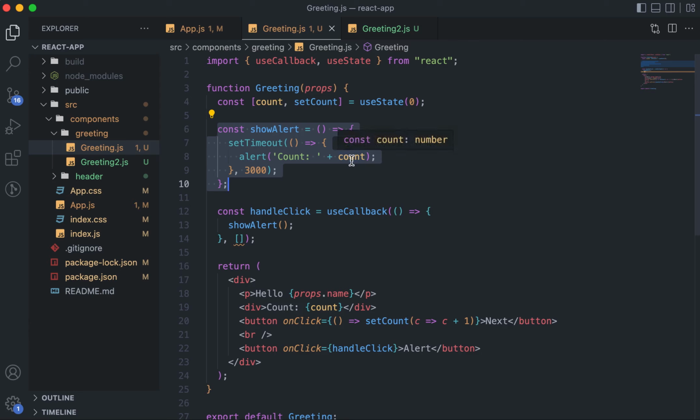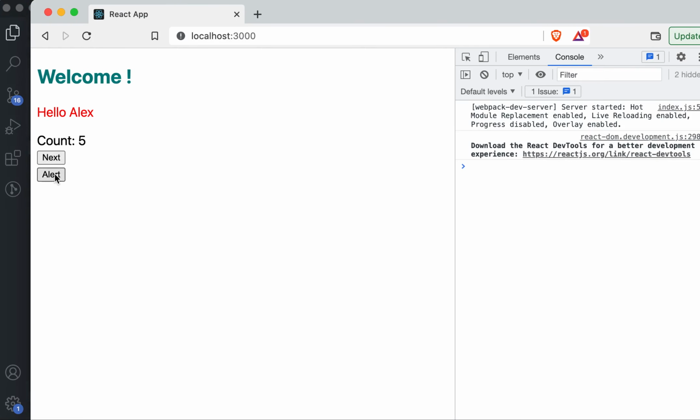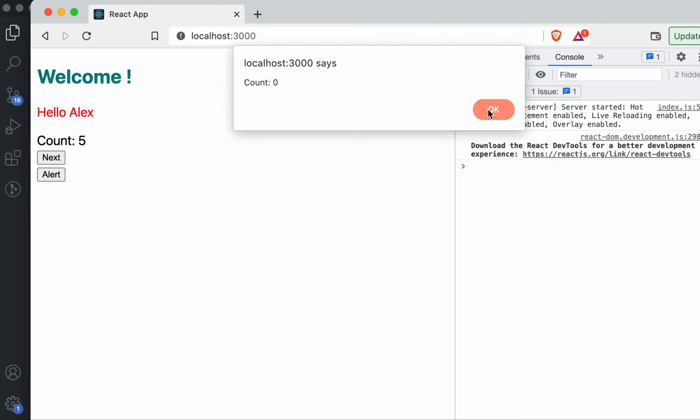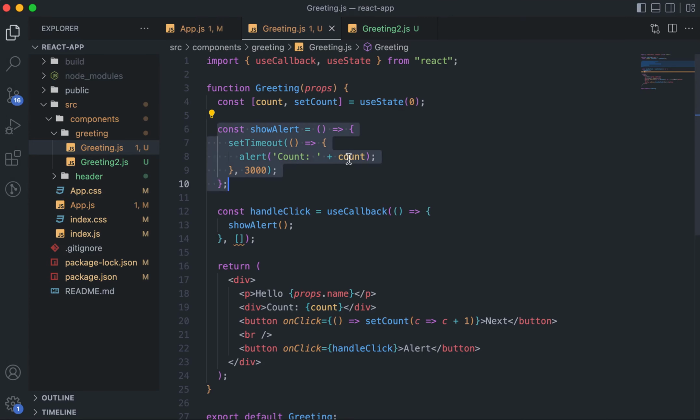Since count was 0, you can see that it does not matter what is the value of count, always inside the callback this value is 0,